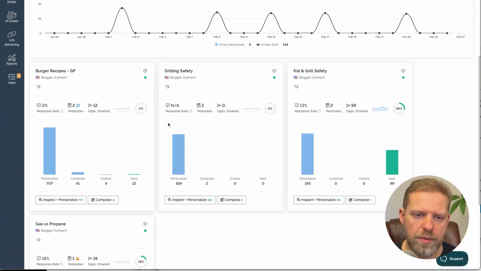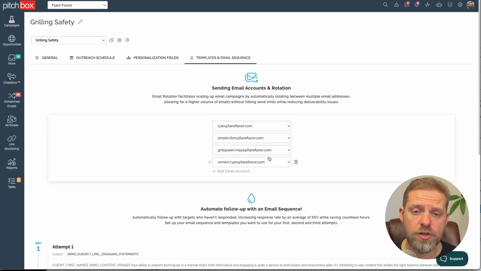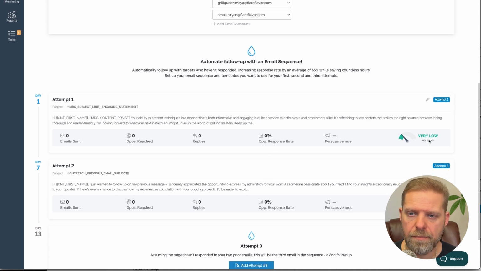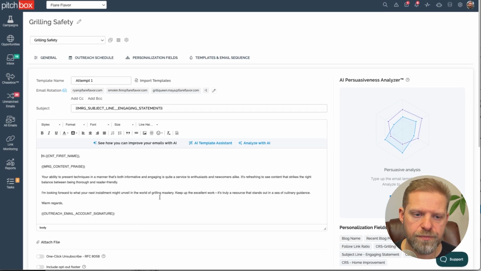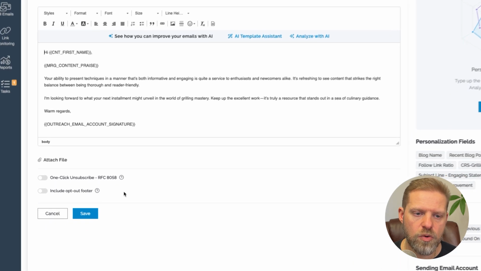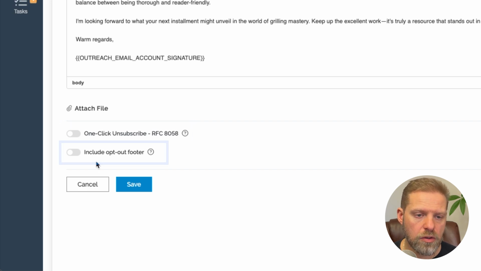We head over to our campaign screen and then choose any one of the campaigns and click on templates. That takes you to a template builder, pretty much where your sequencing is set up. I'll click on edit template and go right below the body of my email. And then I have two options here, which is one-click unsubscribe, which follows the RFC 8058, and also include opt-out